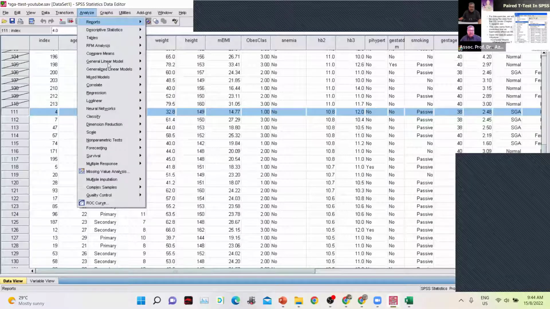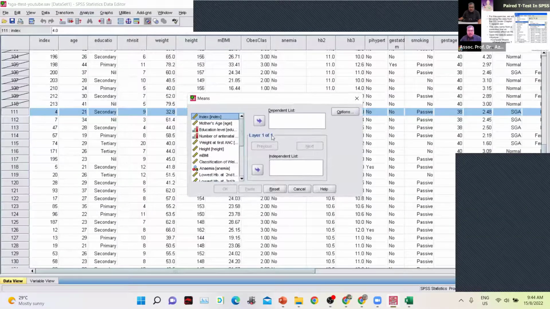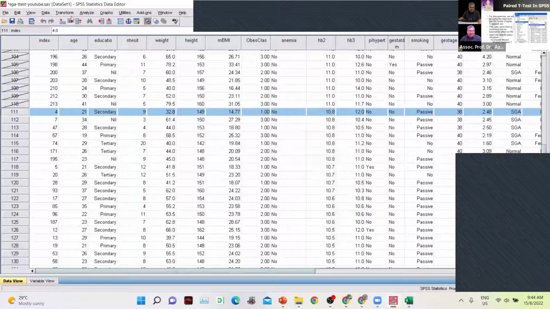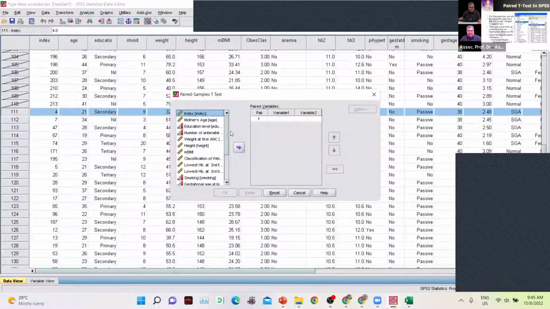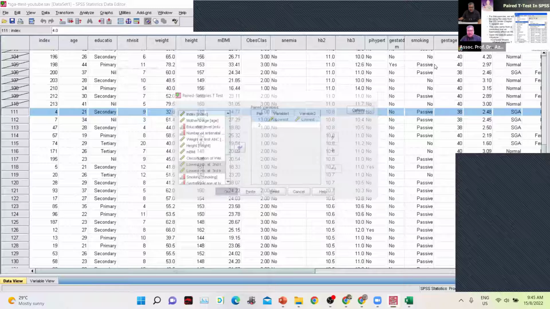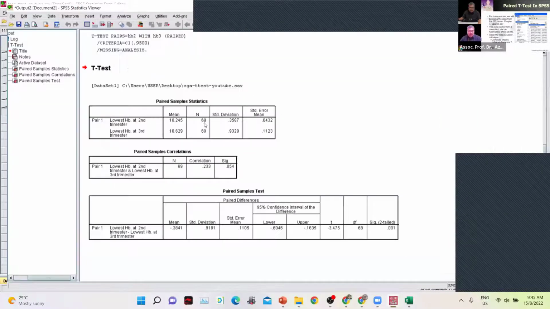Click Analyze, Compare Means, Paired Samples T-test. Okay. So HB2, HB3, select, click OK, then the result comes out. So when the result comes out, you just say that